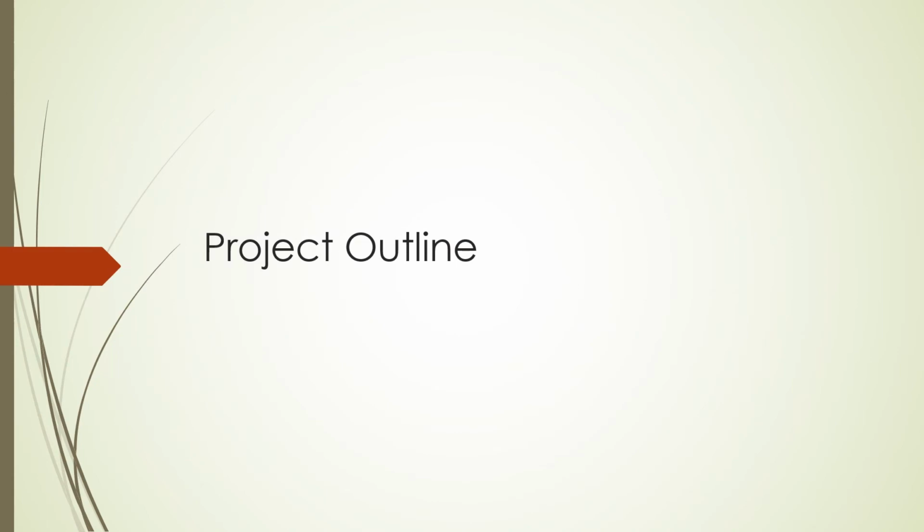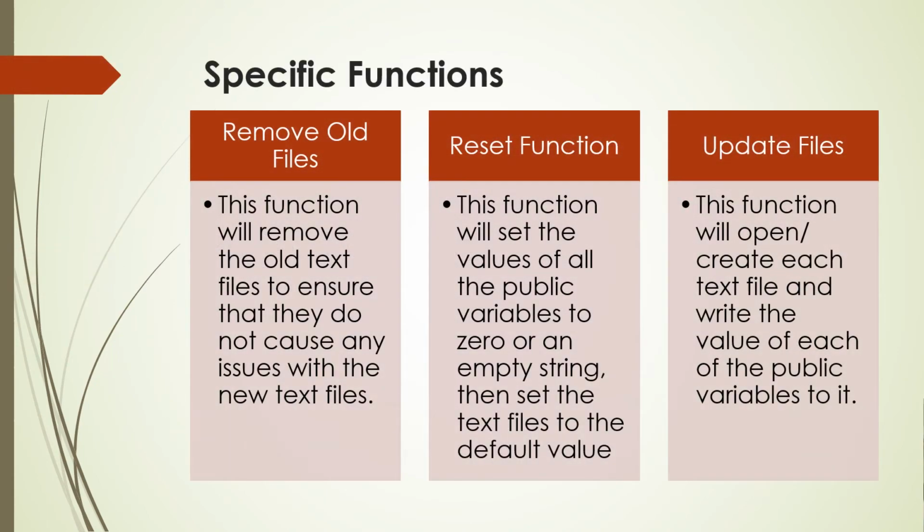outline. All right. So unlike the program written in Python with SportsLive, this program only really had 3 major functions that were written to it. The remove old files function, which got rid of the old files because one of the biggest issues I found was the program thinking, oh, this is an existing file, I'm going to keep the values that was originally written. So rather than have that, I decided to just have a function that will get rid of the old files, so we're starting with a clean slate, which then leads us into the reset function, which will actually